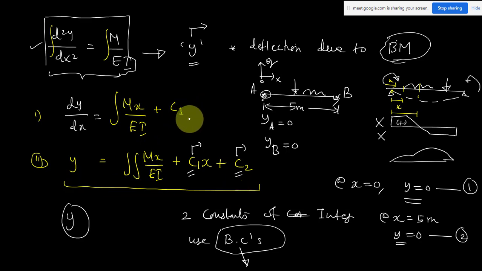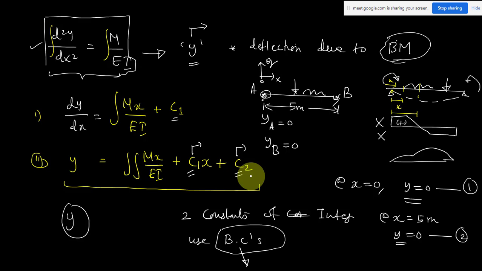Sometimes there will be a number of constants of integration, and to solve for the values of these constants of integration, we have to use some boundary conditions. The boundary conditions will not be given in the question. From the given beam, we have to take the boundary conditions by mainly looking at the support condition. If it is a fixed support, or a simple support, or a free end, there will be some boundary condition, where some value will be 0 at that support.